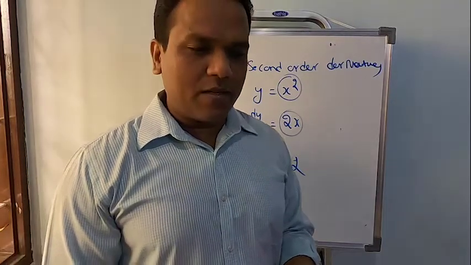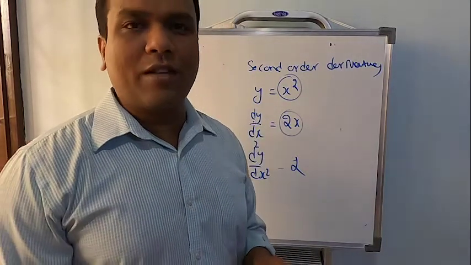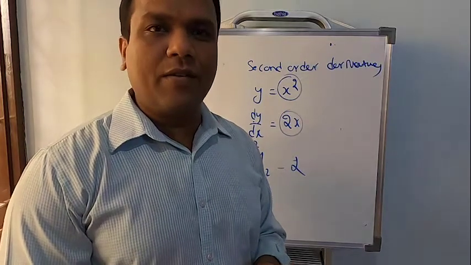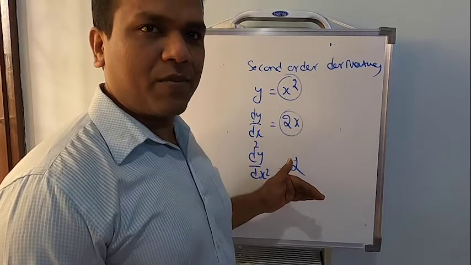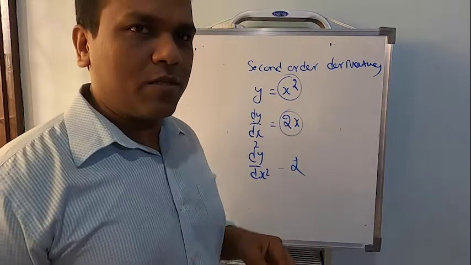So, if you remember, yesterday's last topic was second order derivative. Finding the second order derivative, that means differentiating a function twice. So, a small example if you want to just recollect.